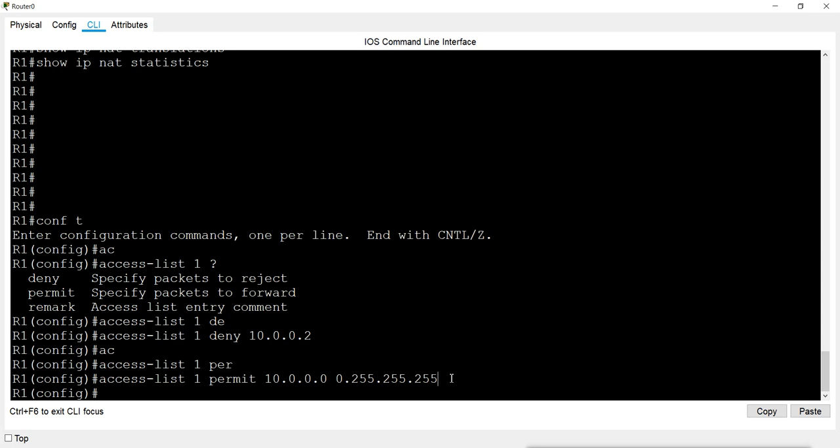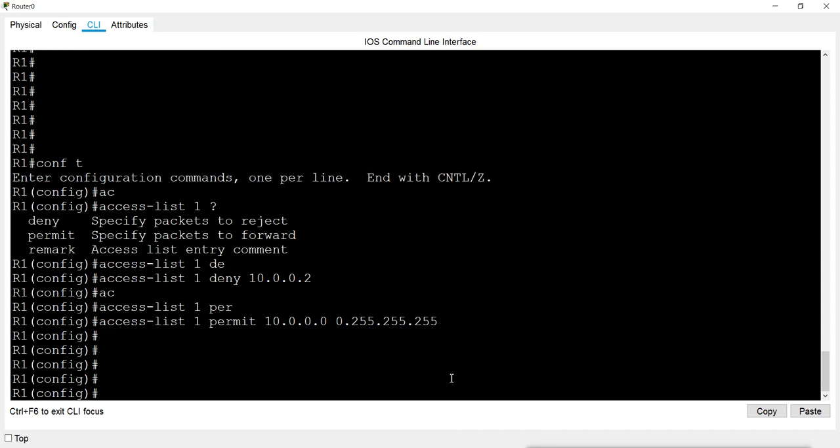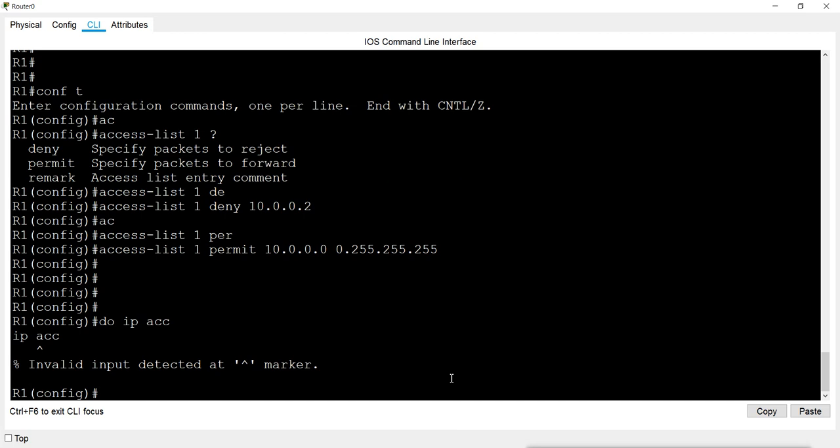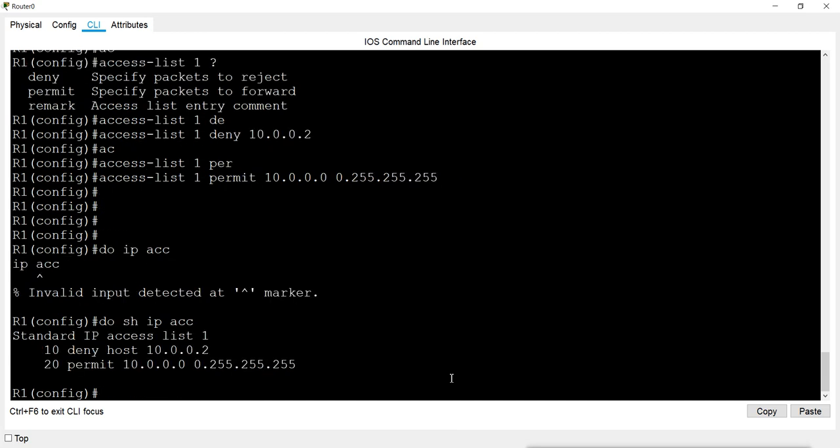After creating the list, we are going to use this list, but we are not going to apply it on any interface. So this is the list I created.